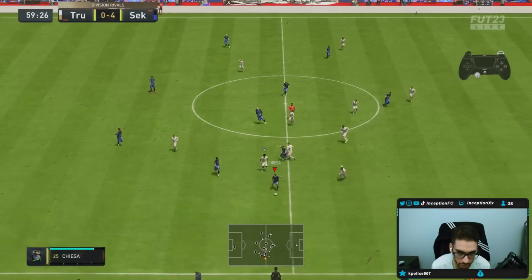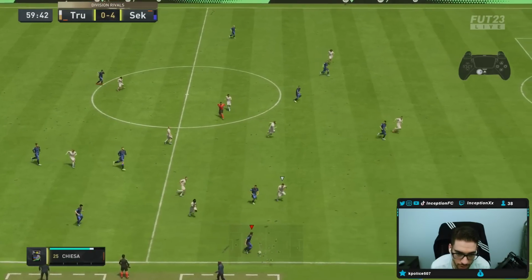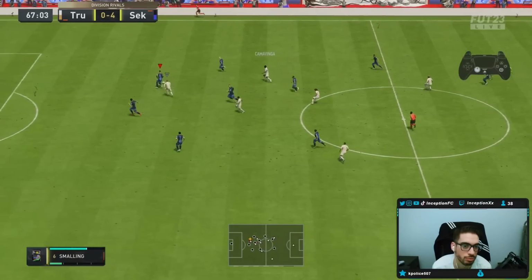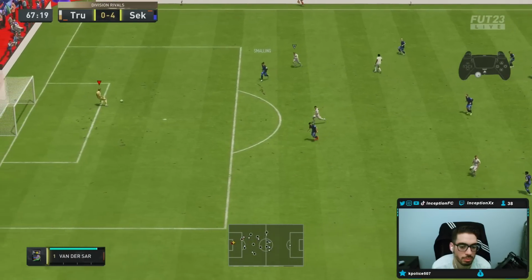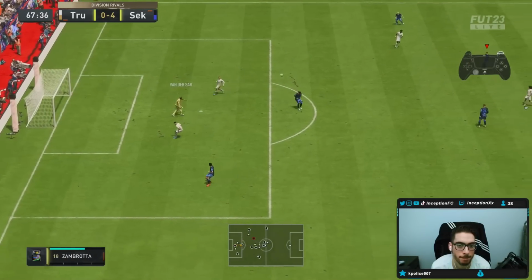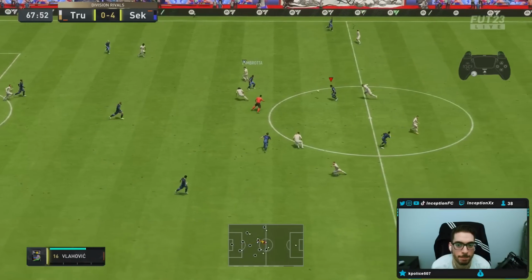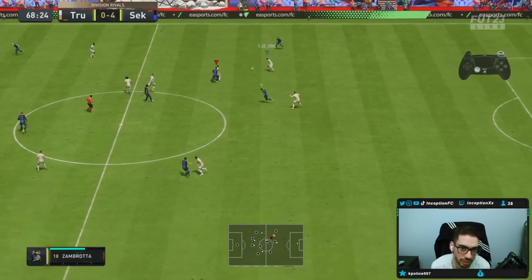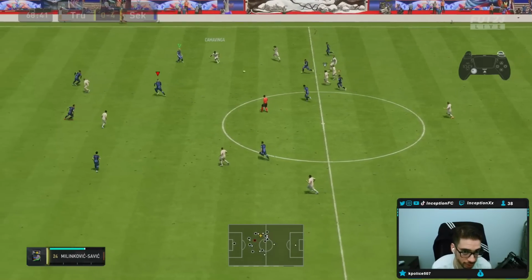You know what I've noticed with VLAHOVIC by default? He drops in a lot, eh? He likes to drop in a lot. Well, not the pass he had in mind. It's a good pass again, but, you know, pressure tactics, your players don't know how to move anymore, so...